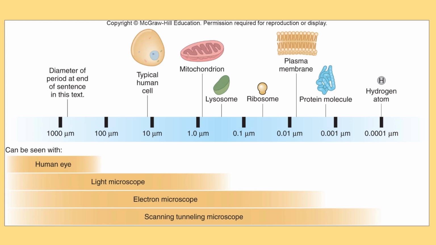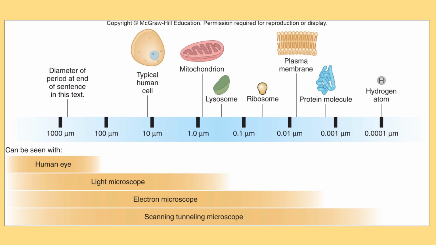The mitochondrion and the lysosome, those are organelles. They are surrounded by a membrane. They are containers. And very specific things happen inside those two organelles. Ribosomes are not containers. It's not a hollow structure. Ribosomes are made out of a type of RNA. And we'll talk more about ribosomes when we talk about protein synthesis. So all three of those structures occur inside of our cells, and then moving toward the right, we see the